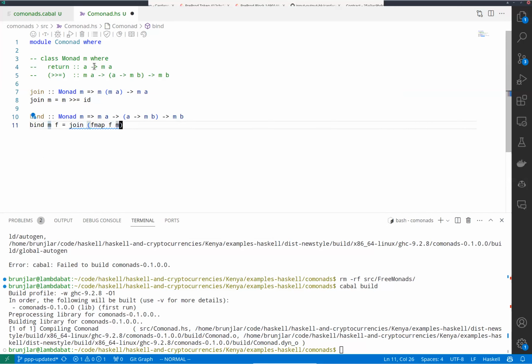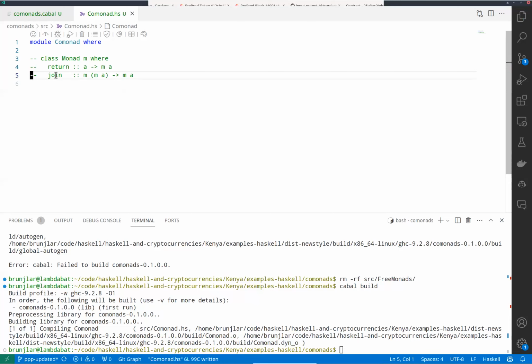So one could define a monad also in terms of bind. So I could instead say join, M (M A) to M A. So that's basically equivalent. So that's a monad. For whatever historical reason, it's more convenient to work with bind, but it's equivalent. So if you have the one, you have the other. Right. And in category theory,